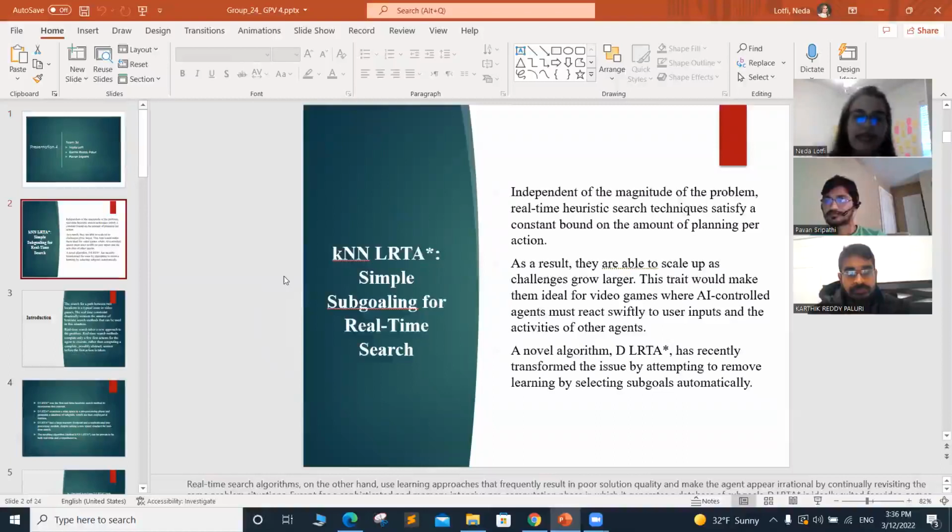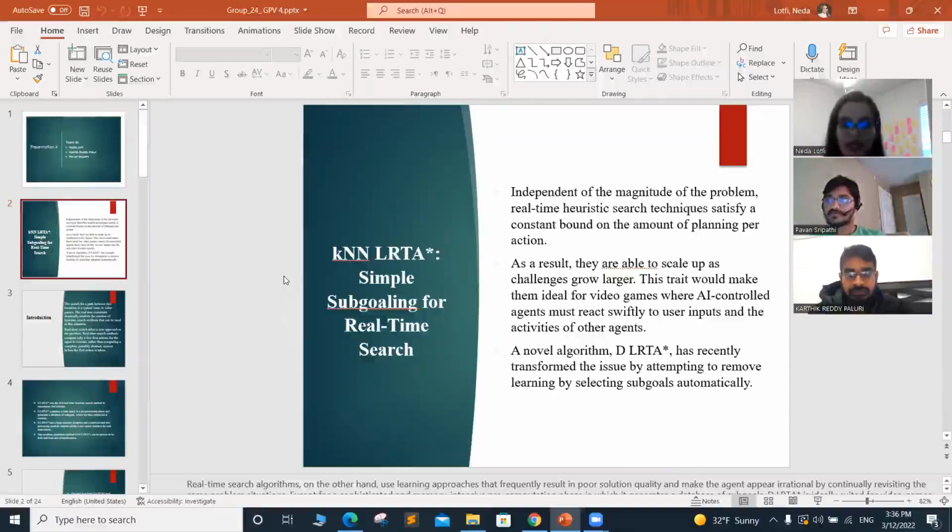I'm going to talk about kNN LRCA, a simple problem for real-time search. Independent of the magnitude of the problem, real-time heuristic search techniques satisfy a constant bound on the amount of planning per action. As a result, they are able to scale up as the challenge grows larger. This trait makes them ideal for video games where AI-controlled agents must react quickly to user input and